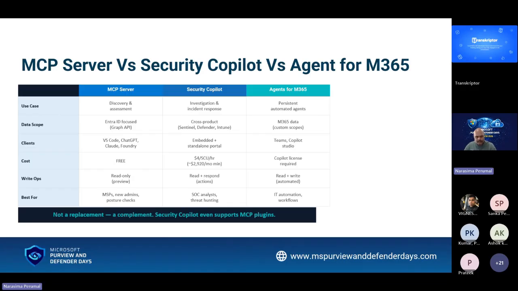Comparing to Security Copilot, the MCP server is going to be zero cost. And then depth versus breadth. The Security Copilot is a full SOC platform. It correlates across Defender, Sentinel, Intune, and Entra. But the MCP server is laser focused on Entra